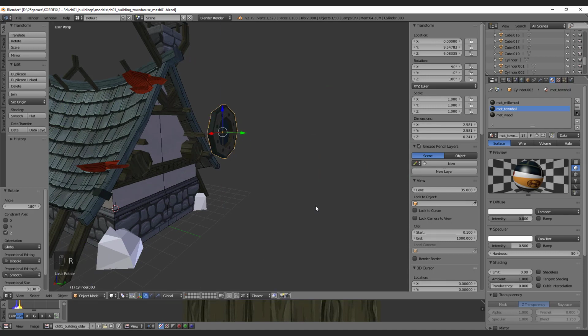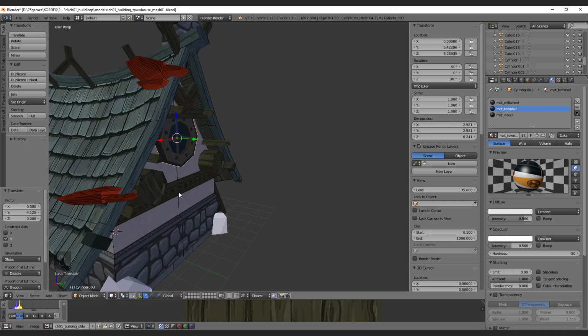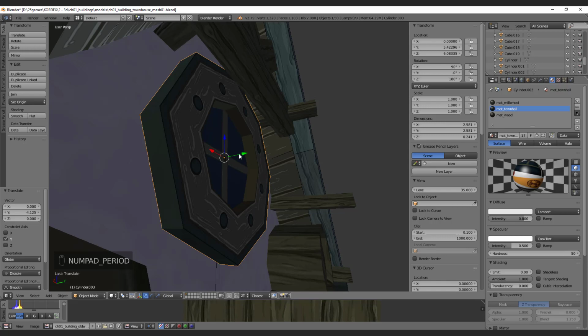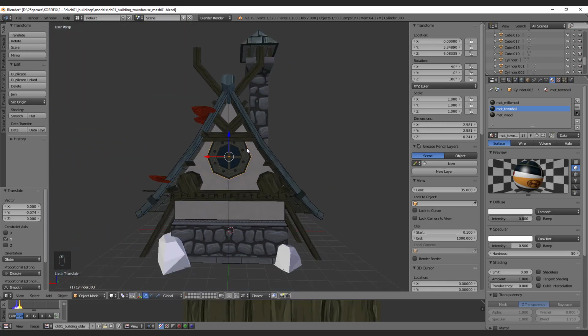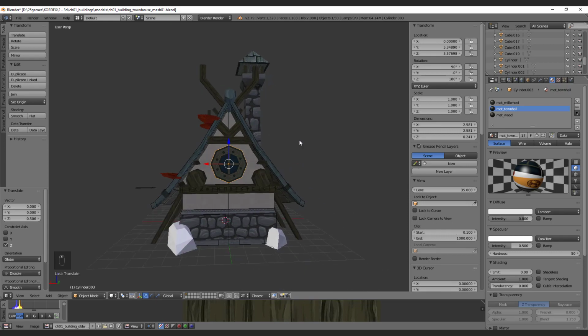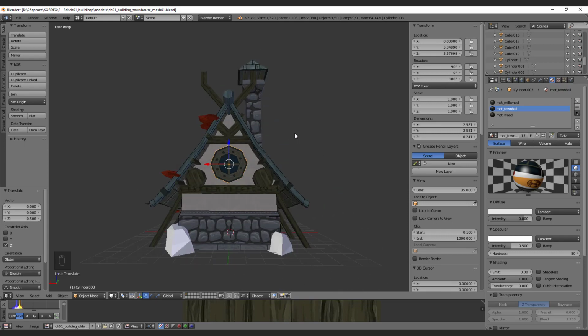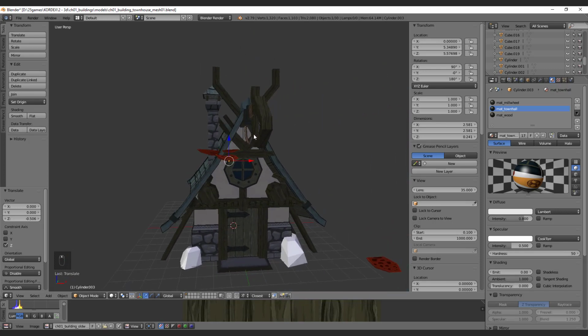Rotate set 180 degrees. And place it somewhere here. Probably this should be a little bit more to this position. Looks good. So we have two windows, front and back window,